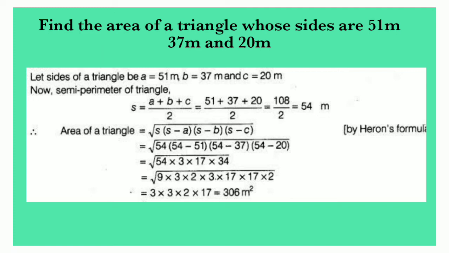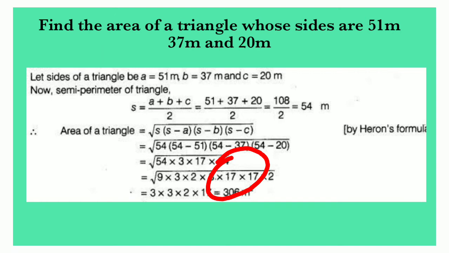Then again we take 9. What is the root of 9? That is 3. So we write the first one as 3. Then again 3 here and 3 here, we have two 3's inside the root, so we can write one 3 because 3 into 3 equal to 9. The root of 9 is equal to 3. Then here 2 and here also 2, so 2 into 2, 4. Root 4 is equal to 2.